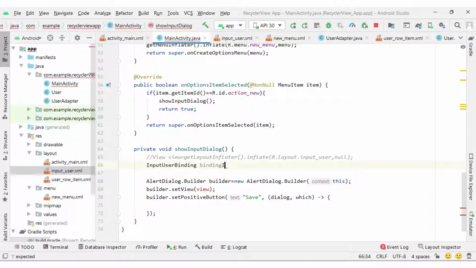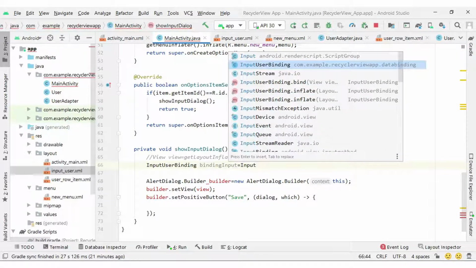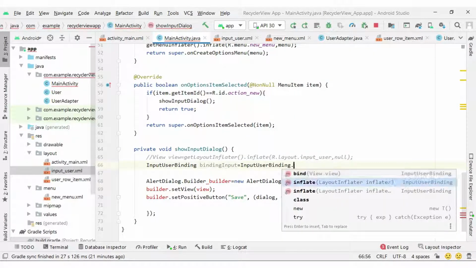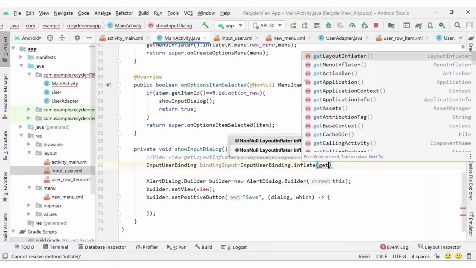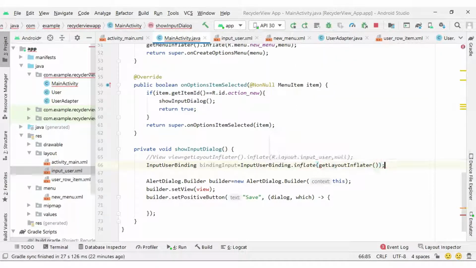So binding input, a name I have given, and input equals user binding dot inflate, and inside the inflate method we can pass get layout inflater, and that binding instance will return the view with the get root method.